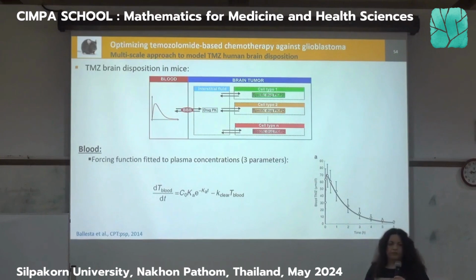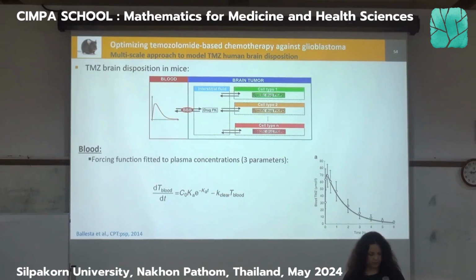And basically this is the first step. And from now, you have a forcing function, which is just a function over time that does not depend on the other variables of the model. Okay, so you really need to see this as an input into your system that will not be influenced by your system.